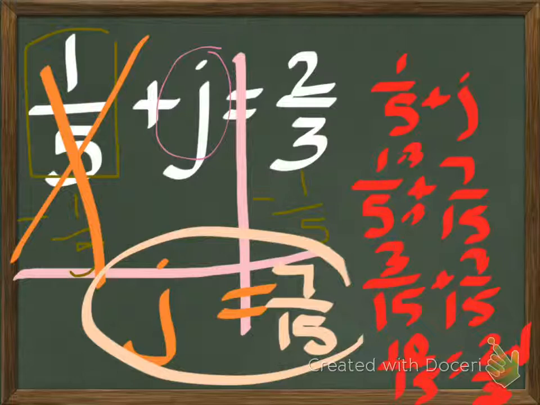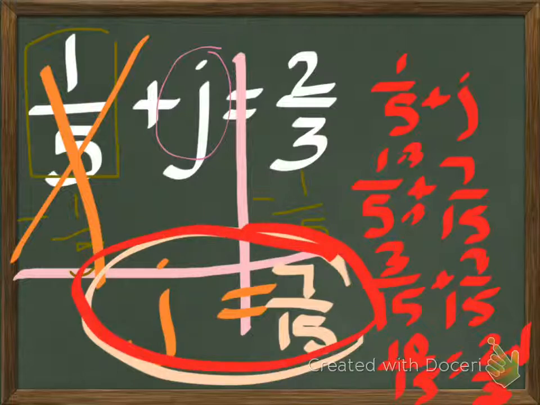I know that wasn't a very fast check like we can do on our other ones, but when we're dealing with fractions, it's probably even a better idea for you to go through this extra bit of effort to figure out whether or not it worked. So our final answer is that j equals 7/15. All right, guys, so that's about a 10-minute review